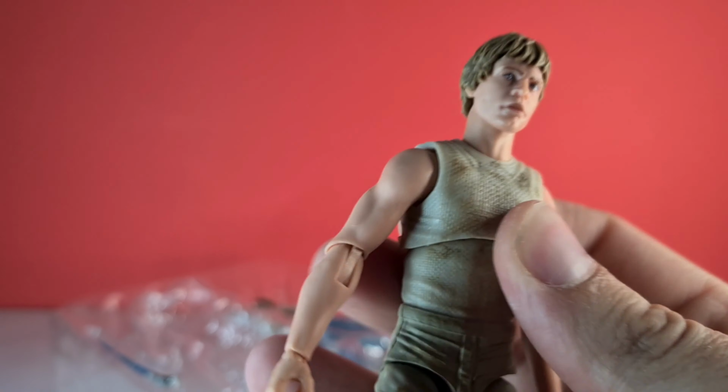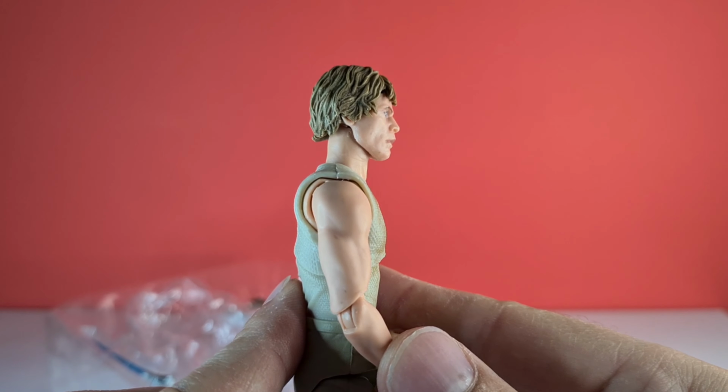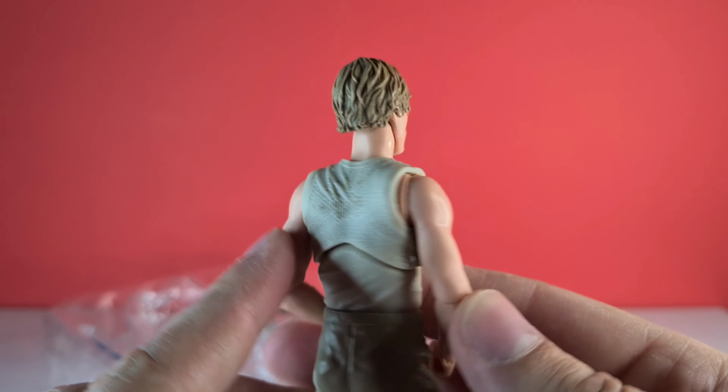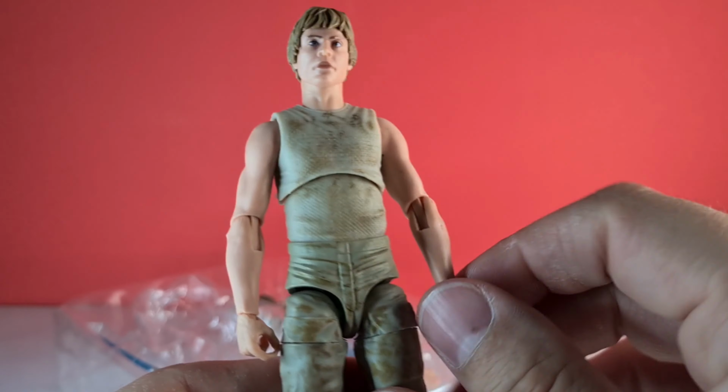Yeah, he feels quite solid actually. I kind of thought he might feel a bit skinny, you know, normally when they do that with a lot more skin showing on these Black Series figures, but actually no, he feels quite solid. Feels quite good. And with Yoda,